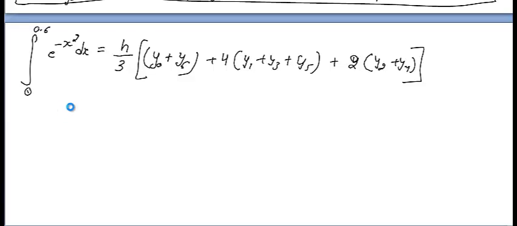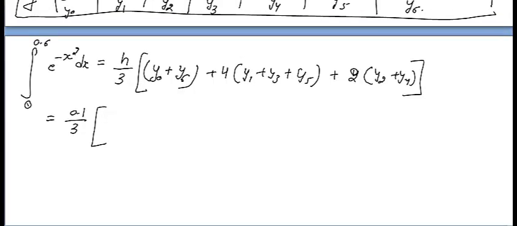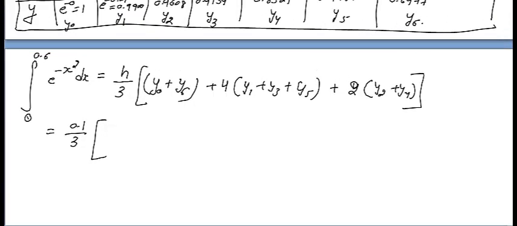You will get h, you know that it is 0.1. Okay, h is 0.1. Now here you have h is 0.1 upon 3. So let me see the values. Here is y0. Y0 is 1. Okay. So 1 plus y6 is this one,